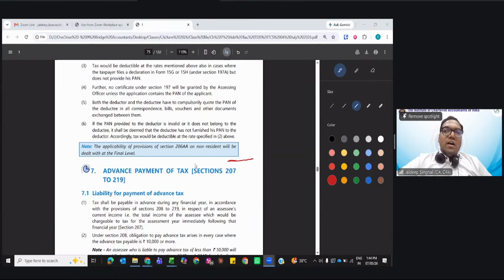I have already requested the BOS team to take an additional session for the deductions. Let me be very clear, I requested yesterday that one more session be allotted to the deductions. The request has not been approved till now. If the request is approved, I will solve more questions with you and revise this chapter again with you. Okay, sir.